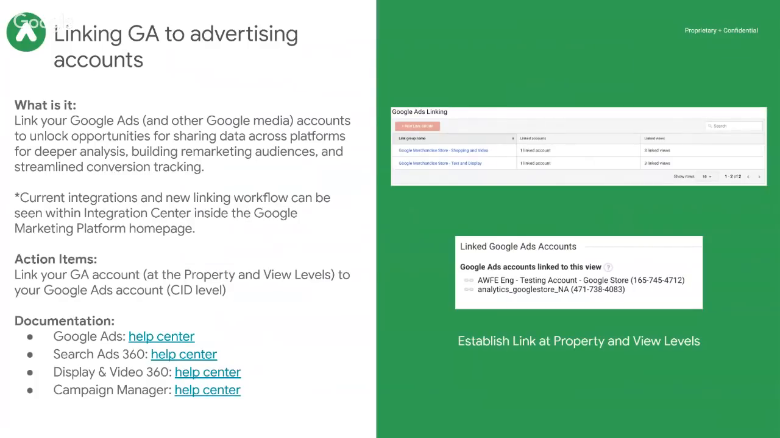So linking your GA to your advertising accounts is another step to using Analytics 360 to its full potential. Integrating GA with Google Ads, Search Ads, Video, or Campaign Manager can really unlock opportunities for sharing data across platforms. By linking, you will also be able to do deeper analysis, build remarketing audiences, and streamline conversion tracking. Overall, you will be able to have a better understanding of the user journey from an ad click through site